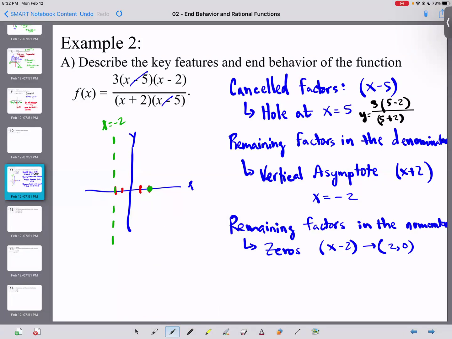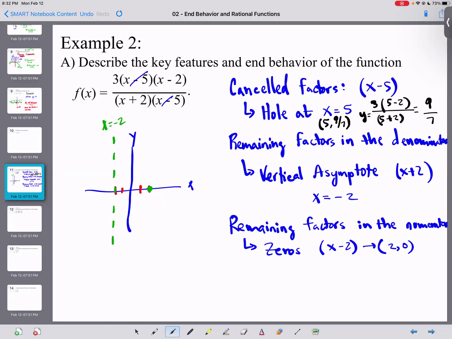So I'm going to simplify this here. In the numerator, I have 3 times 5 minus 2. What is 5 minus 2? 3. And so 3 times 3 is 9. So it'll be 9 divided by 5 plus 2, which is 7. So my hole is going to be at 5,